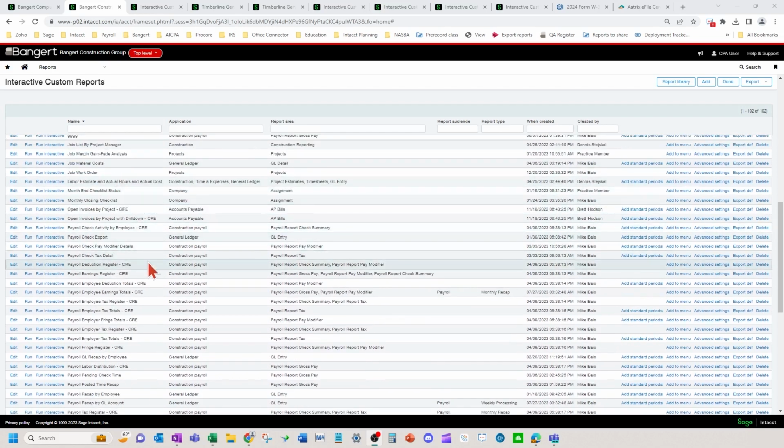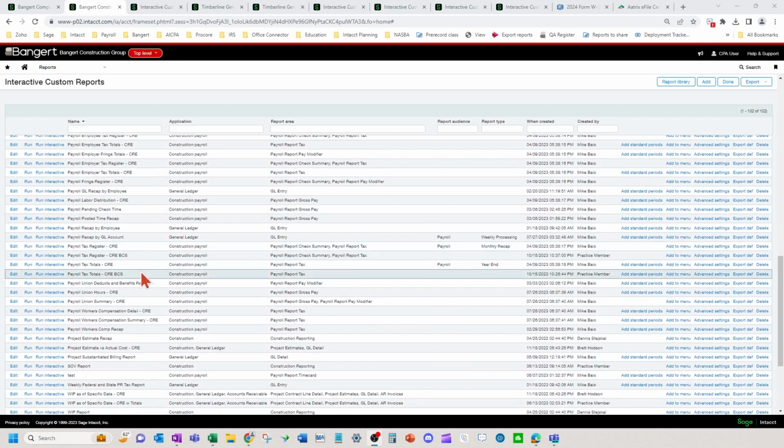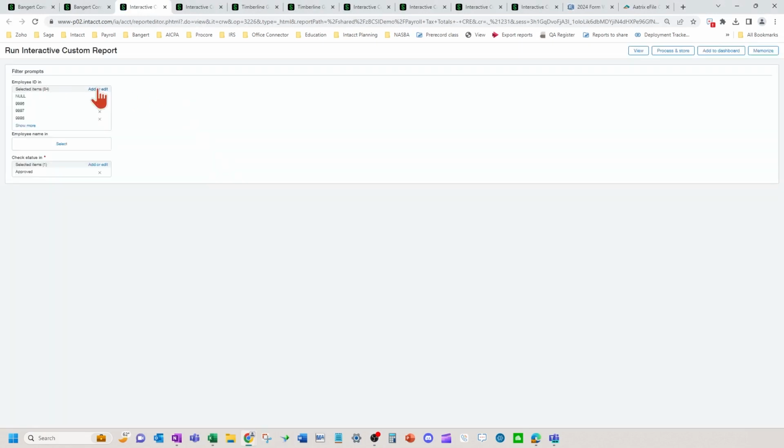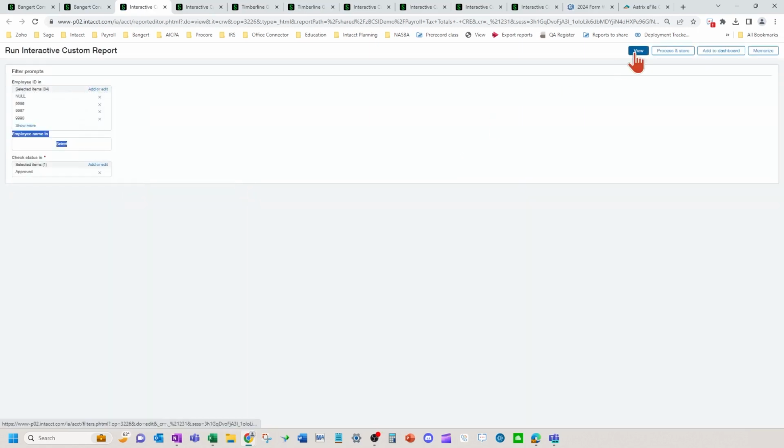So the payroll check tax total reports, right here, payroll tax totals. You can run this and get those as well. However, the taxable earnings are not on there. Okay, added all the employees here. Just going to hit view.